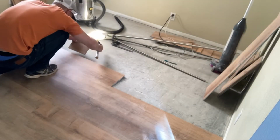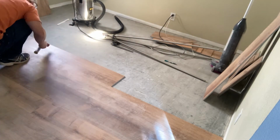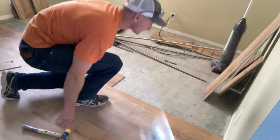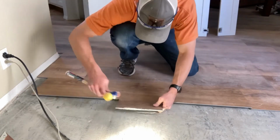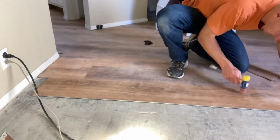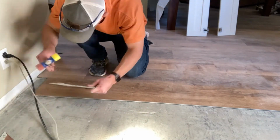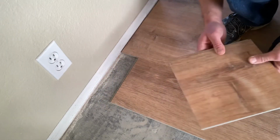Once you get your wall cut done, it's pretty much moving and grooving full length boards until you get to your next wall. That's where you make up time. Your time killers are your measuring and cutting, and that's only going to be done along walls. You also want to make sure you're pulling boards randomly out of a couple different boxes. There's about 4 different styles of boards for this particular set. And you don't want to get in the habit of creating a pattern because patterns are easy to notice once all the flooring's laid. You save the cuts from your starter pieces, the remaining becomes your end piece at the